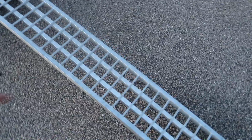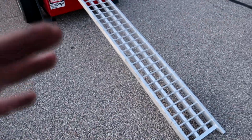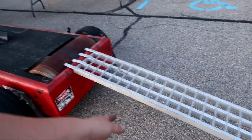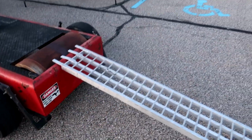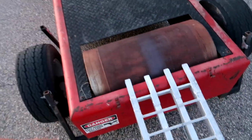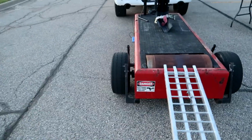We will see. Also, like I said, there was no ramp with this thing, so I have these aluminum ramps that I've been using, but I don't really feel comfortable loading really big Harleys and stuff like that quite yet. With an 800-pound bike, you can't really put your feet down when you're loading the bike onto the roller. So I have to get a ramp that is wider. I have 2 of these, but I need a ramp that's wider in order to safely load and unload these